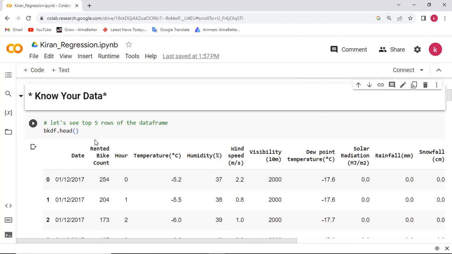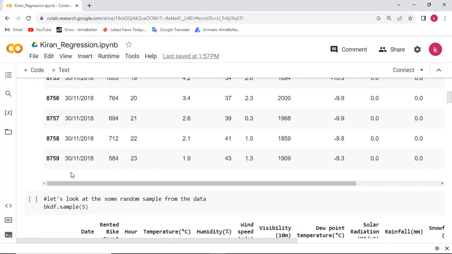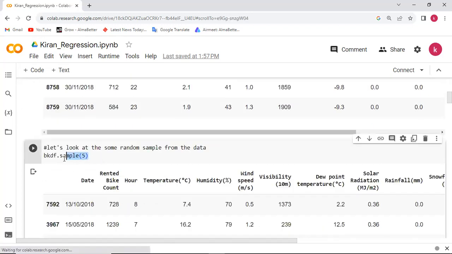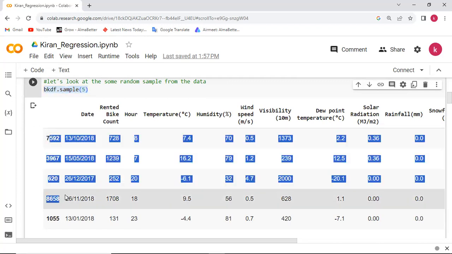Now to get to know the data, we have run some code here. For example, dot head to see our data, then dot tail, then dot sample. This dot sample function is used to get some samples from our data frame, and randomly we have got these five samples.